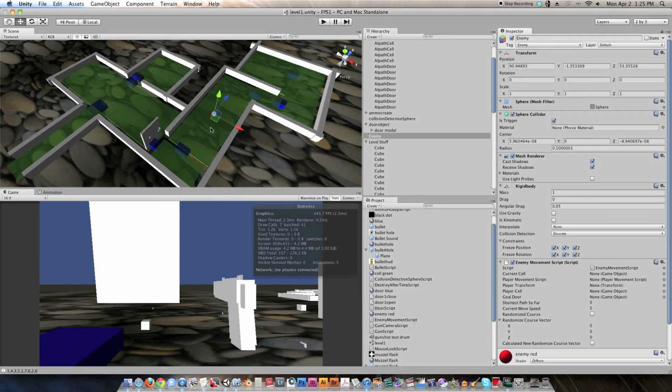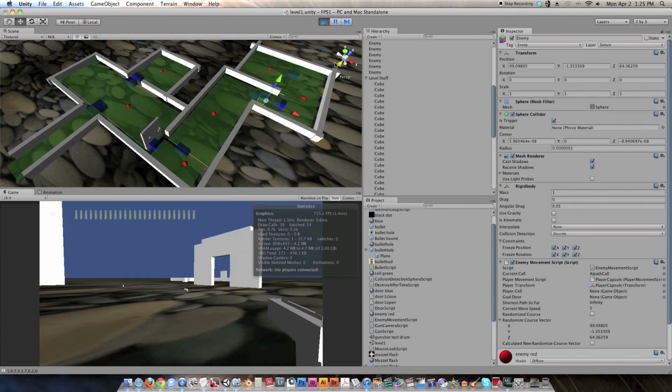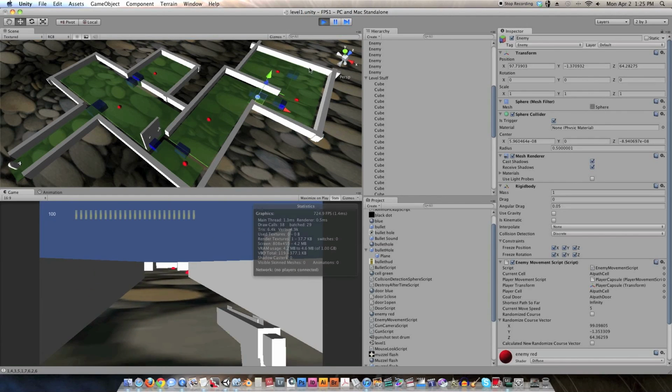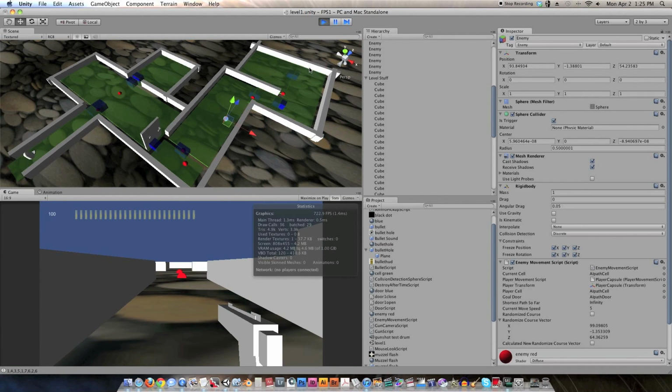Alright, here we are inside of Unity, and now let me demonstrate a problem that we are currently having. So I'm going to duplicate this enemy, and I'm just going to put him in some random spots around the level. I don't know how many we want. I don't know, that should be pretty good right there. Alright, and let me give that a save and run it. And let me show you how these enemies behave when I walk into the cell. So they all are trying to follow me,